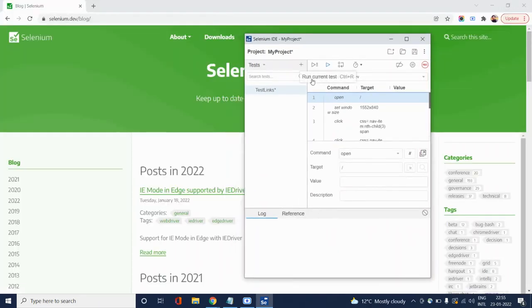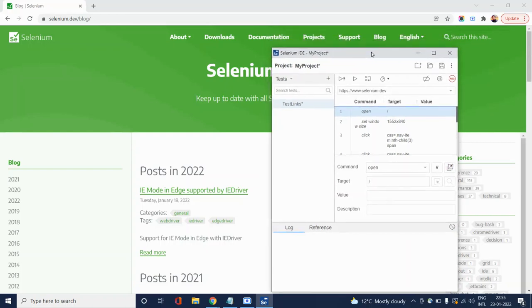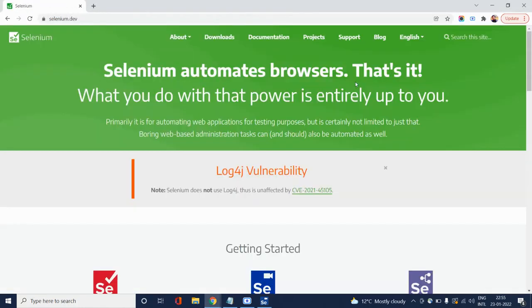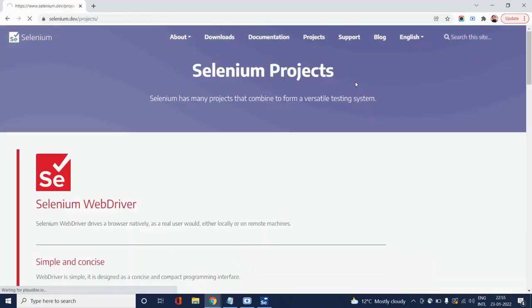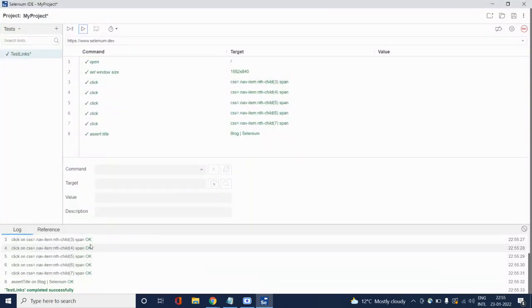All right, so let's execute this script. We have recorded it. Now I want to test this again. So what I have to do is I have to just click on this run button. I will click on this run button. All right. So it is executing. It is clicking on the different links. You can see, yeah. So my script is executed. Here you can see the execution logs and my test completed successfully. You can see my script has been executed successfully. Okay,